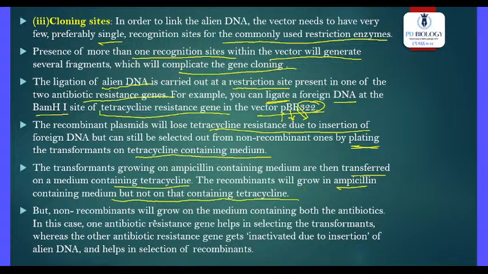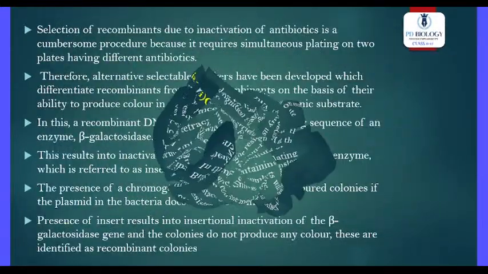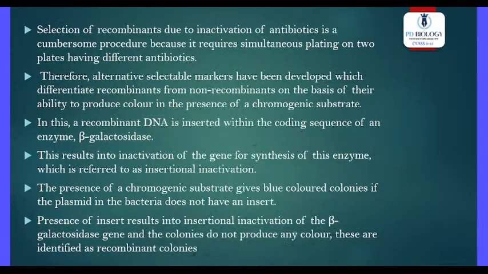But non-recombinants will grow on the medium containing both the antibiotics. In this case, one antibiotic resistance gene helps in selecting the transformants, whereas the other antibiotic resistance gene gets inactivated due to insertion of alien DNA and helps the selection of recombinants. Selection of recombinants due to inactivation of antibiotics